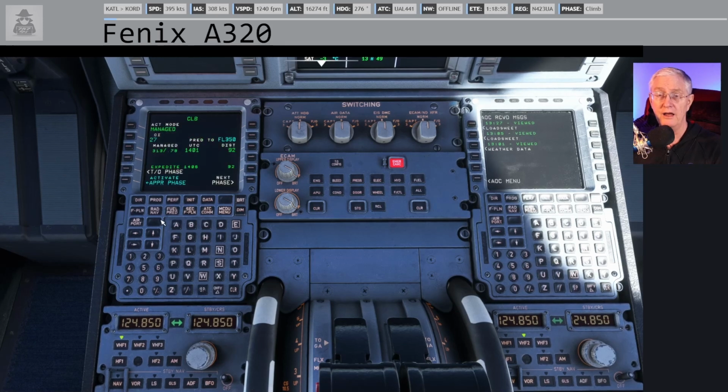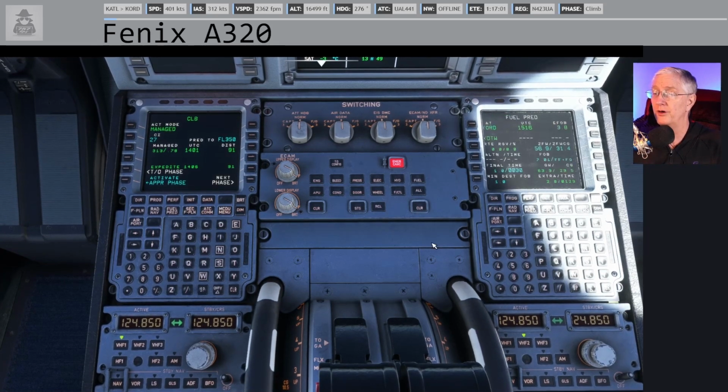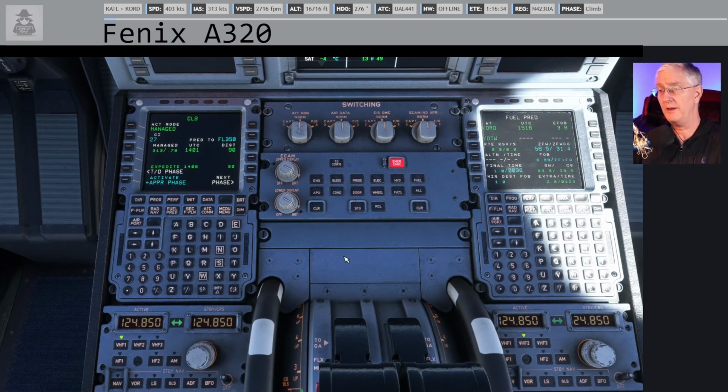Over here, I'm going to come on and do a couple of things. For pilot flying, I'm going to go to performance on this side, and over for pilots not flying, I'm going to go to either progress or fuel prediction. There's an important number on fuel prediction. It's up here. It's small. It says 3.8. That is our estimated fuel on board when we get to